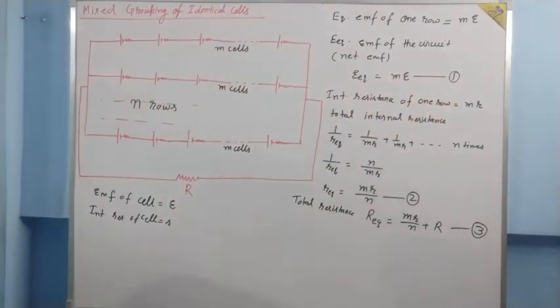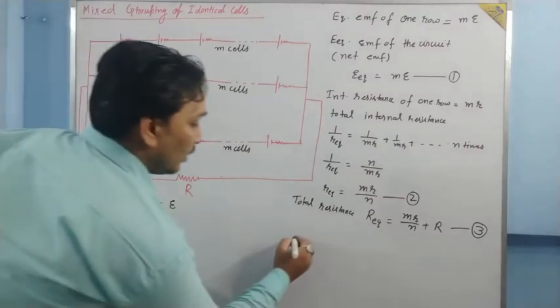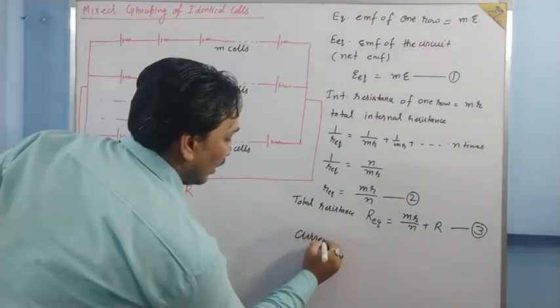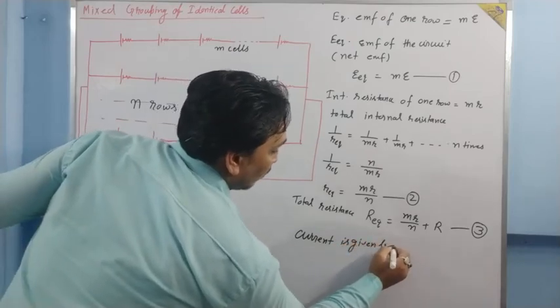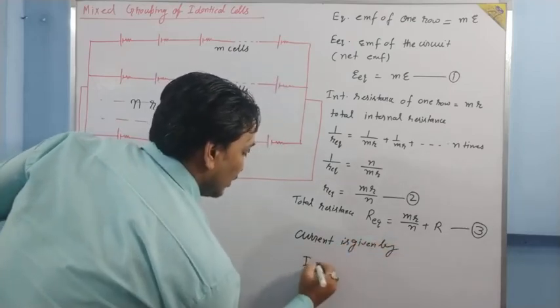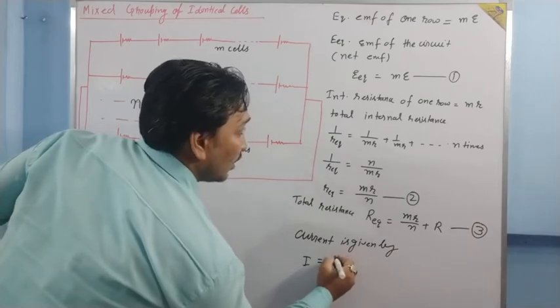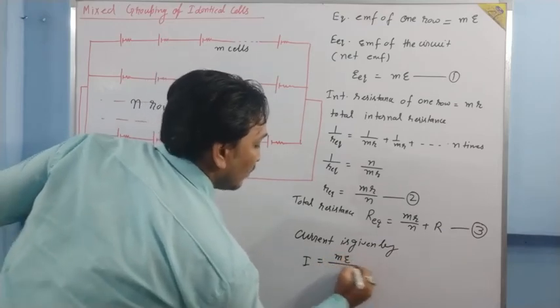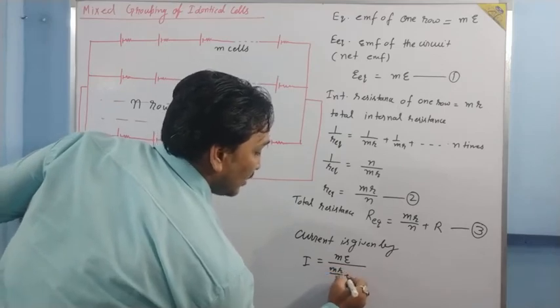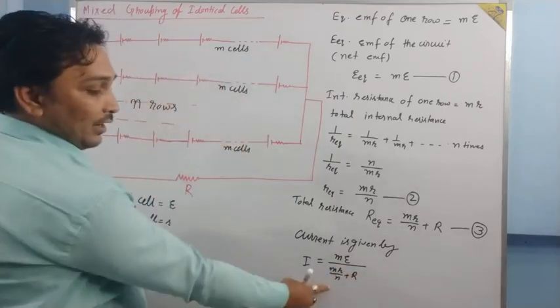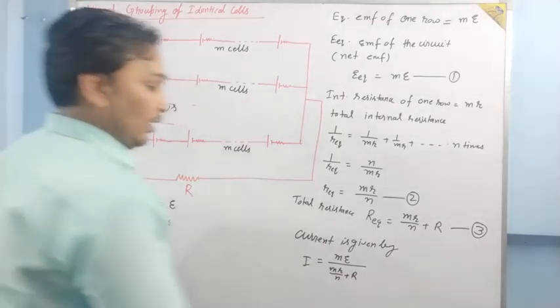Okay. So what will be the current in the circuit? Current is given by capital I is equal to total EMF, which is nE, upon total resistance, which is mr upon n plus capital R. If we take LCM in the denominator, then it will become